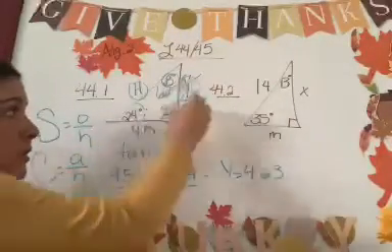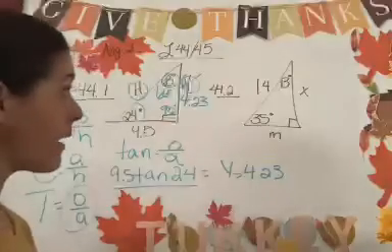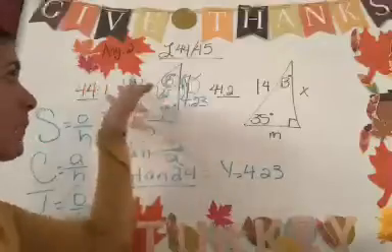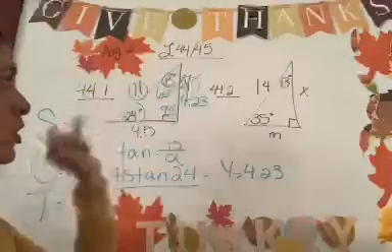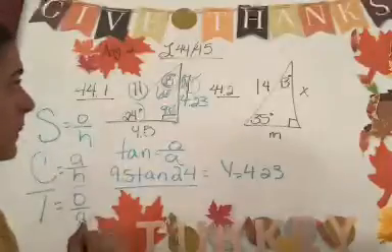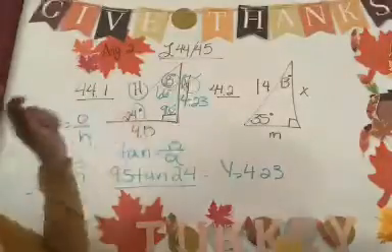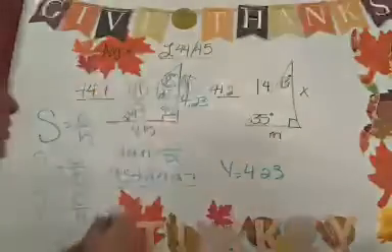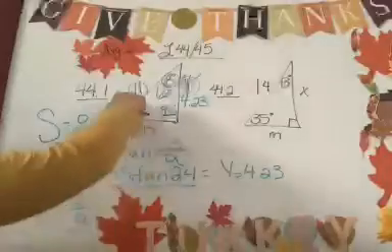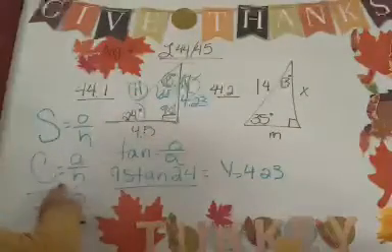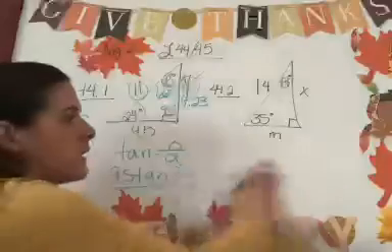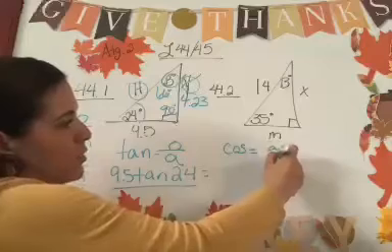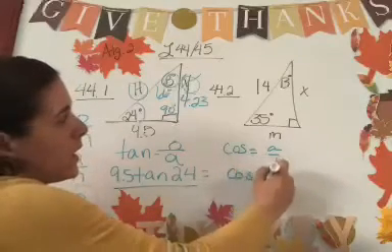We could do Pythagorean theorem, but I'm going to get more practice with using our sine, cosine, tangent, and I'm going to use one of those to find h, even though you could use your Pythagorean theorem, okay? So I'm going to use 24 again, and I'm going to say, okay, I know that this is adjacent and this is hypotenuse, so I'm trying to find the hypotenuse, I'm going to use the adjacent. Well, that's cosine, okay? So I'm going to do cosine. Cosine equals adjacent over hypotenuse, so it's going to be cosine of 24 equals